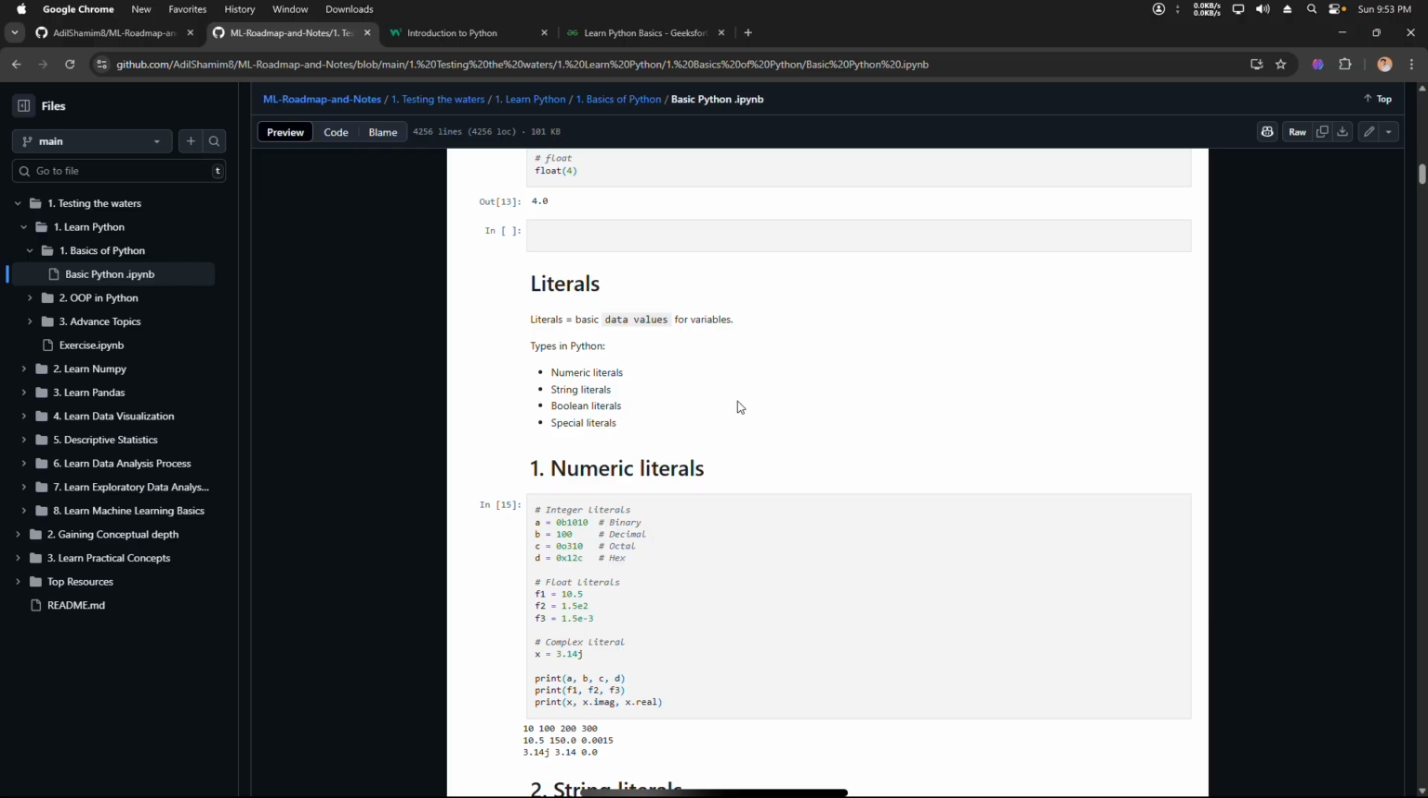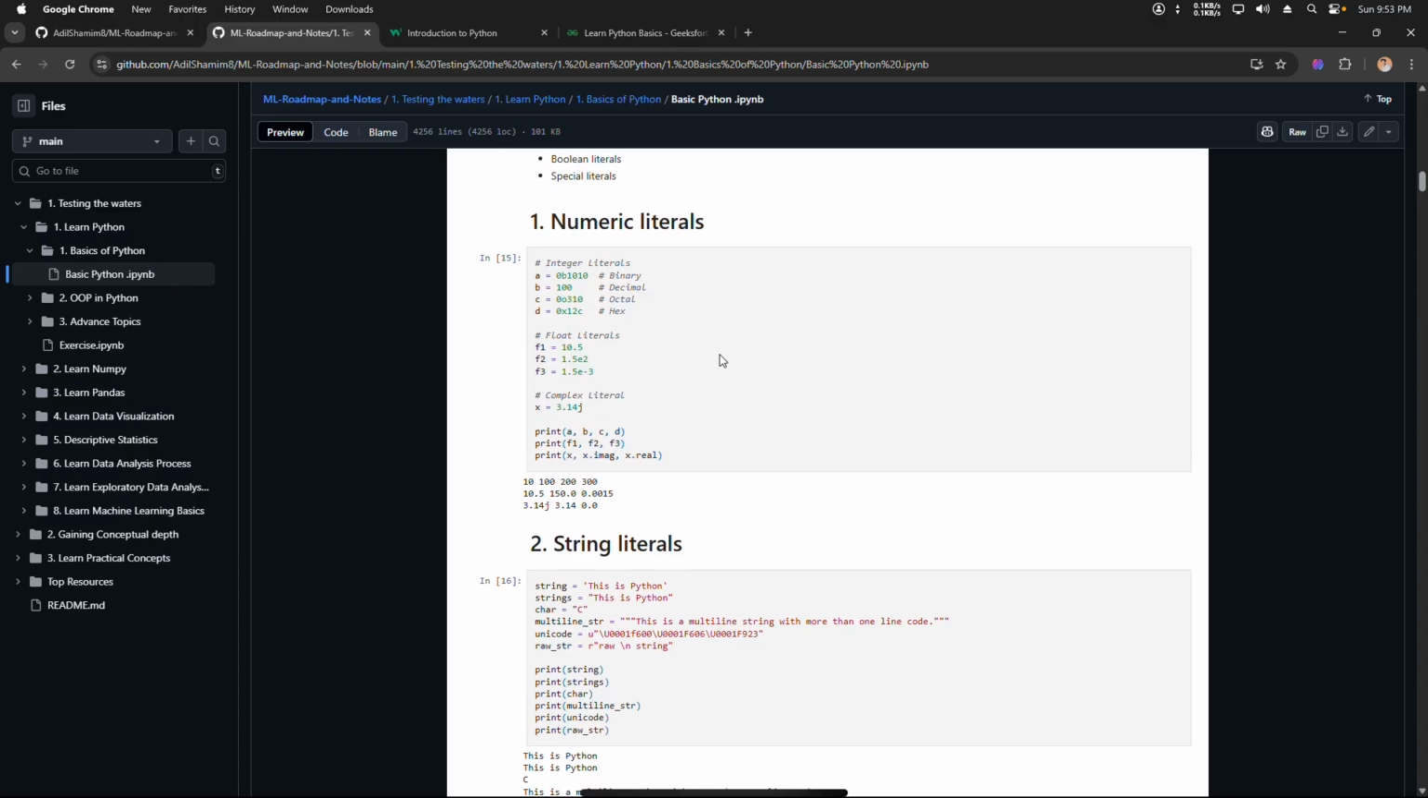I think this is pretty good, and this was just 6 minutes. So now try again. Numerical, string, literal, Boolean literal, and special. Okay, here is binary